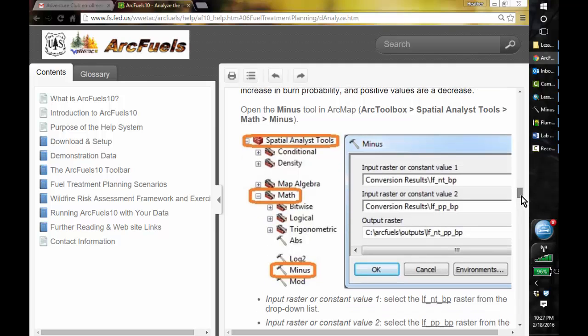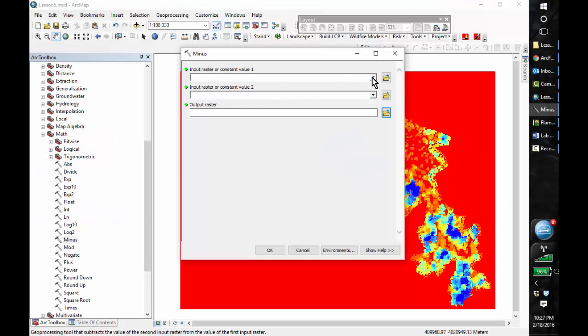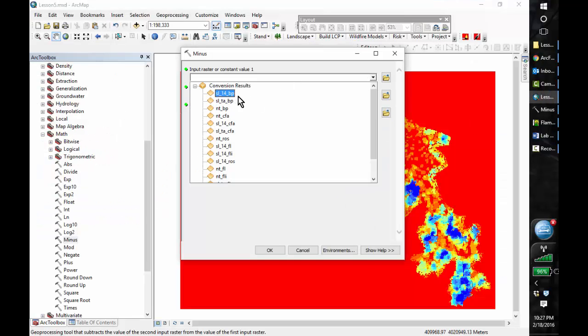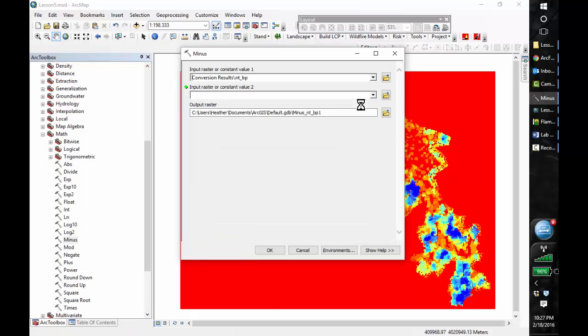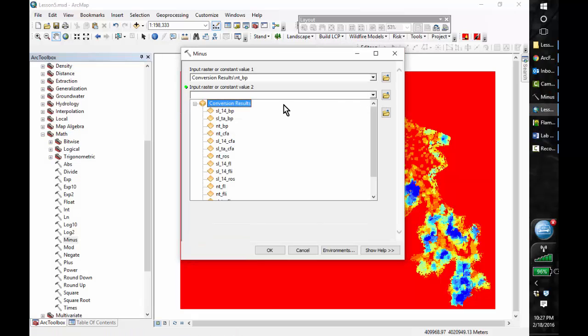So we're going to have our input raster be no treatment burn probability, and our input raster or constant value is going to be the first treatment that's already been completed, and then we'll create an output raster. Input value here of no treatment, and our constant one is going to be this slopes 2014,